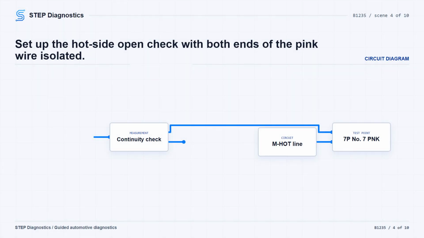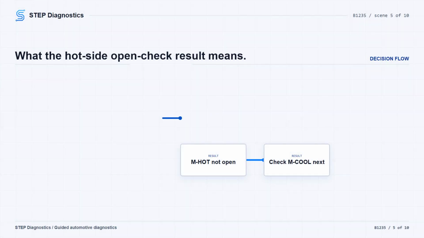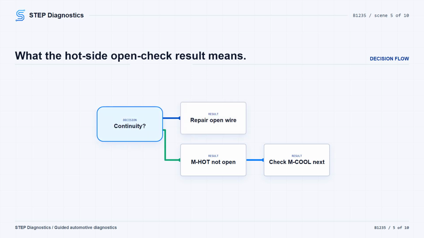Next, check the MHOT-DR or MHOT line for an open. Turn the ignition to LOCK 0 or select OFF mode. Disconnect the climate control unit 32P connector and the driver's air mix control motor 7P connector. Check continuity from climate control unit 32P connector No. 2, the P and K wire, to driver's air mix control motor 7P connector No. 7, also the P and K wire. If you have continuity, that wire is not open, so move on. If you do not have continuity, repair the open in the wire between the climate control unit and the driver's